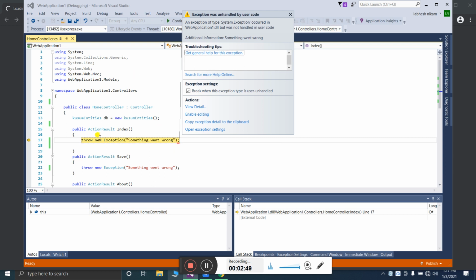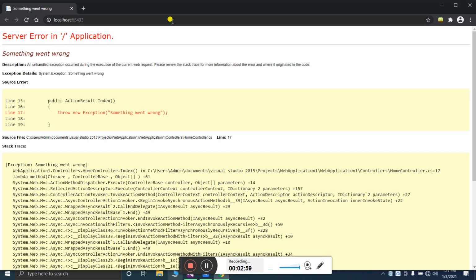The error is generated because of the throw new exception, and you can see the system displays the error page using this yellow page, and this is not good.